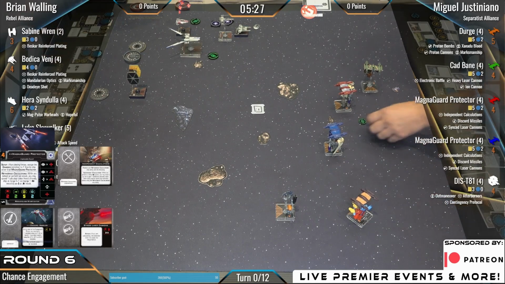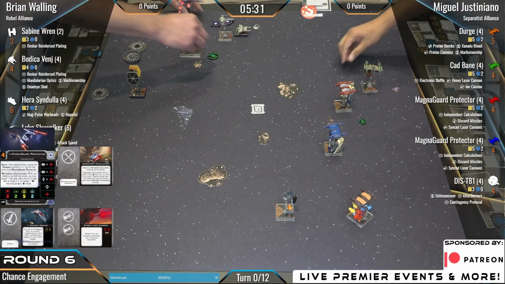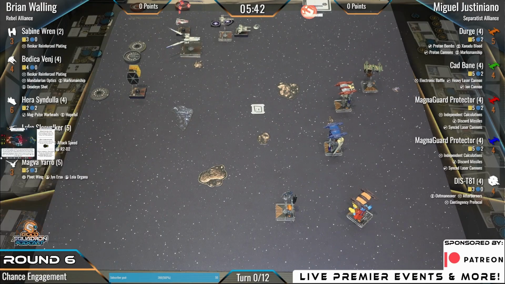And then to round off the list here, we got DIS T81, which I believe is the Siege of Coruscant version. While he rolls defense or attack dice, he can take strain or take deplete tokens to reroll that many dice on offense or on defense. And it comes with